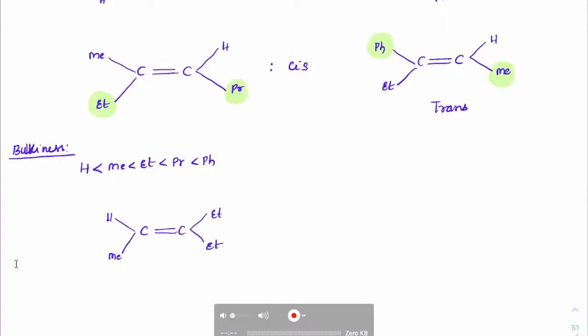What is this isomer? These are no geometrical isomers because two groups must be different. Then only it will show geometrical isomers. Correct? So this molecule does not show any geometrical isomers. With charge, it is possible, like we have C double bond OH with positive charge and a lone pair like this. Then it is possible. Okay.